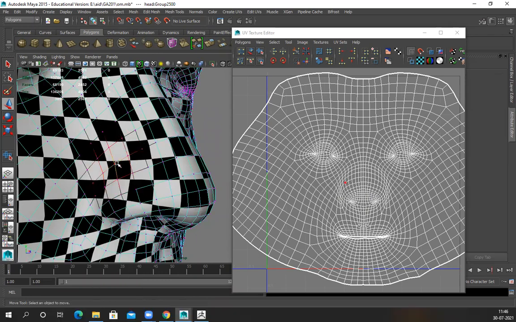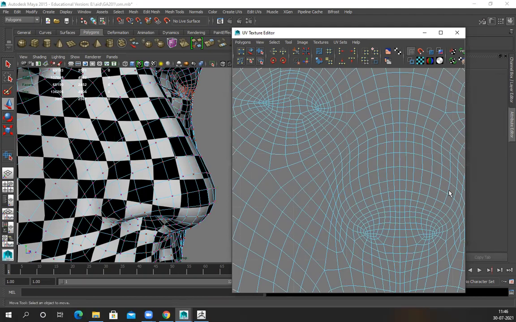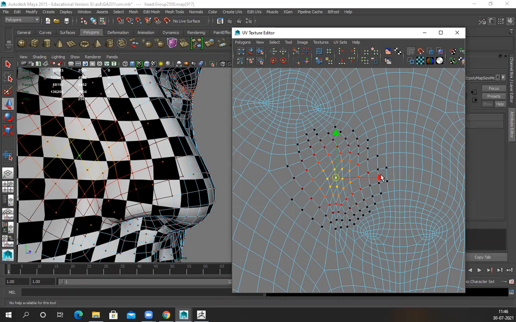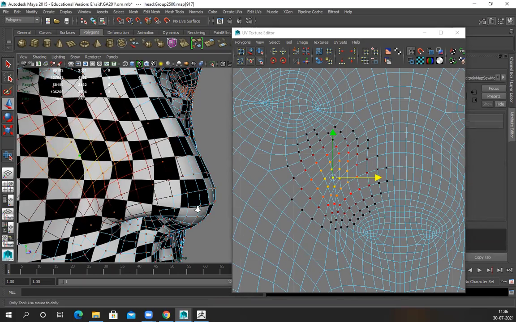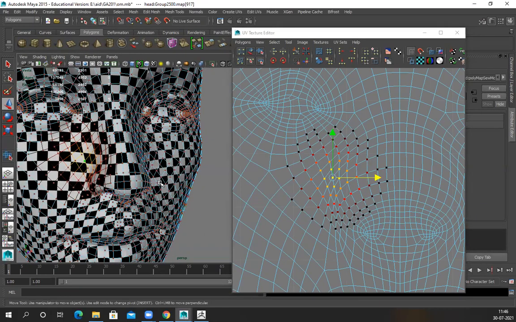This corner will look slightly more stretchy, so I can pull it like this and make it a little less stretched. More than this, I cannot do anything. So make sure you reduce the stretch as much as possible, because there is no way to fix it 100%. But 60, 70, 80% we can definitely fix and reduce.